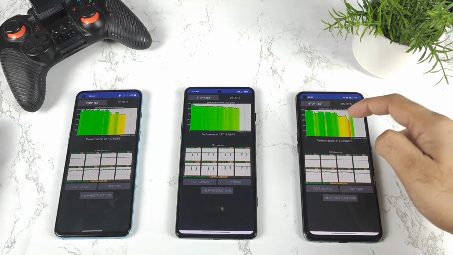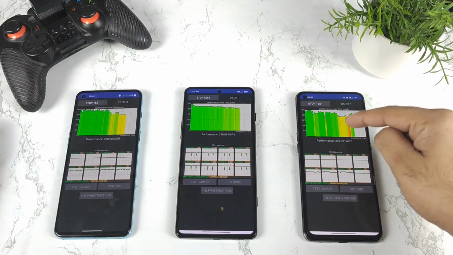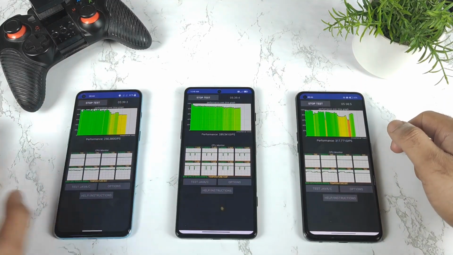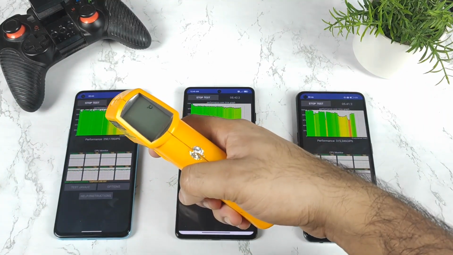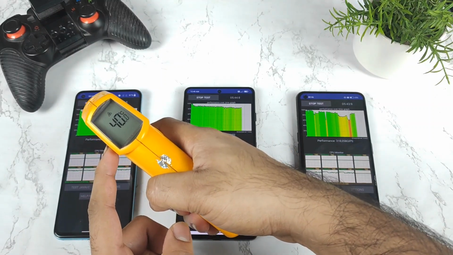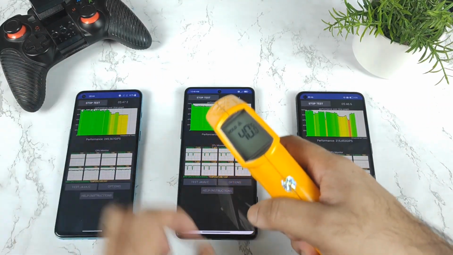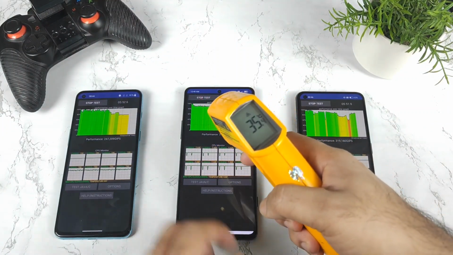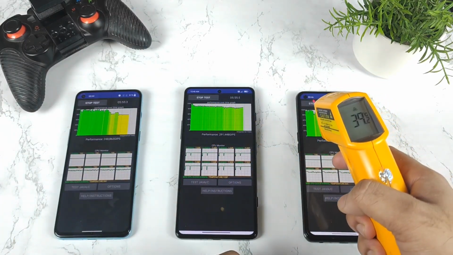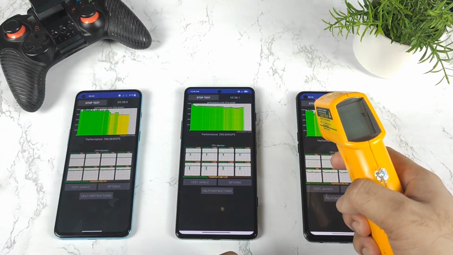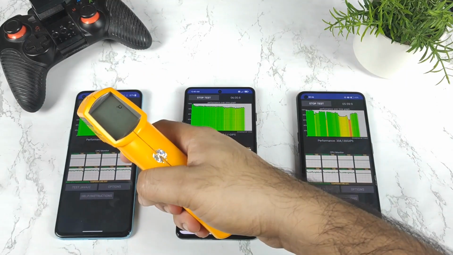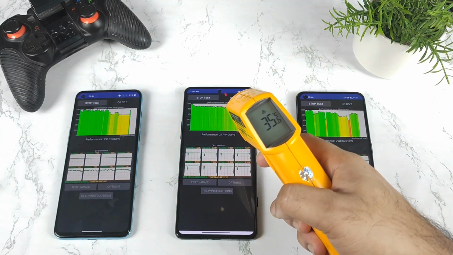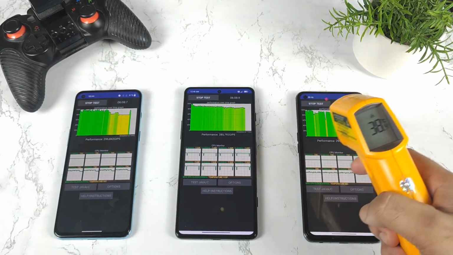Right now look at the Realme X1 Max CPU throttling test. As you can clearly see, friends, we did see some red color indication, and there is no red color indication yet in the other two smartphones, the OnePlus Nord 2 and the Poco F3 GT. Now let's take a look at the temperatures. 40 degrees is the highest in the OnePlus Nord 2. Poco F3 GT reached about 35.4 at the highest. So 35.4 and 40 degrees, and 39.2, not bad. But the highest temperatures right now can be found in the OnePlus Nord 2, 40.6 degrees Celsius so far. 35.6 and 39.4.